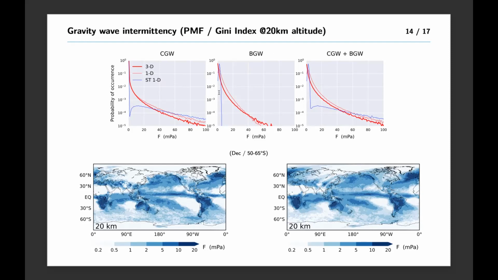The blue line is a steady state parameterization, which is usually used these days. So state of the art is steady state, not transient. Then there's no variability for background waves at all, which is clear because there's a constant source, so this doesn't vary. But we got a variability which is very close to, or way closer to, observations when we introduce transients. So in other words, if we look at a specific height,